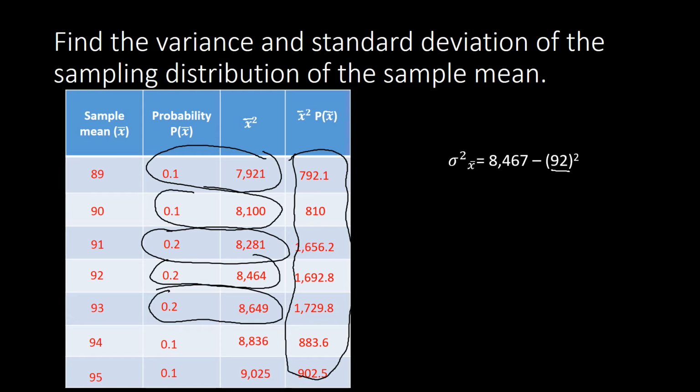So again, once you're done with adding this last column here, we will be subtracting the result by the square of the mean that we've obtained a while ago. And after that one, we compute. That will be equal to 3. That will be our variance. So that means to say